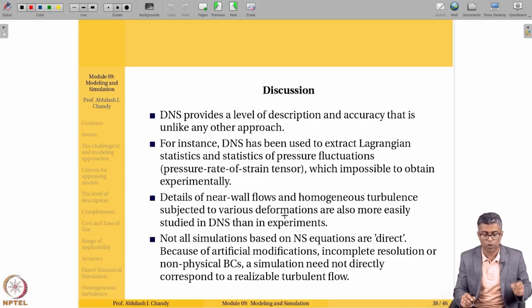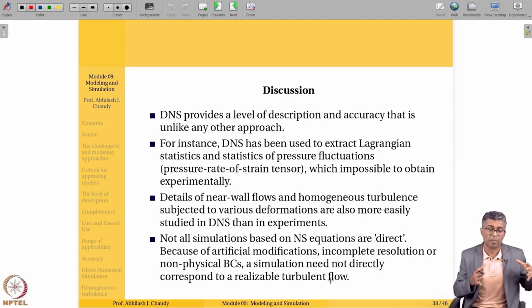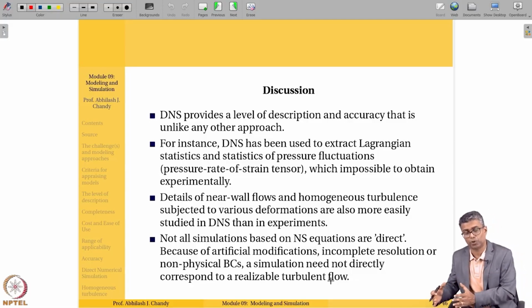Details of near wall flows and homogeneous turbulence subject to various deformations are also easily available in DNS, just like in experiments. Now, in fact, one can argue that some of this information is much more easily available in DNS than in experiments, because in experiments the logistics of obtaining these statistics, because of additional cameras, additional resolutions, is going to be much more. Whereas in DNS, as long as you are resolving all the way down to the Kolmogorov scale,